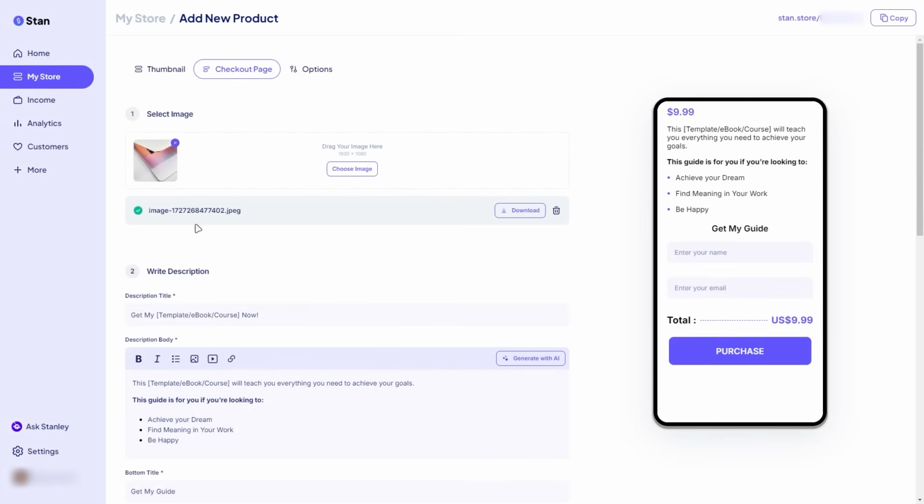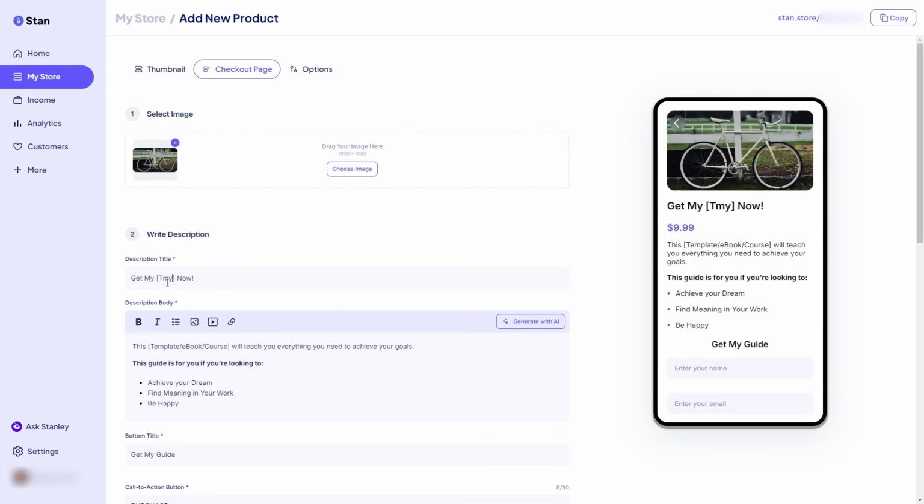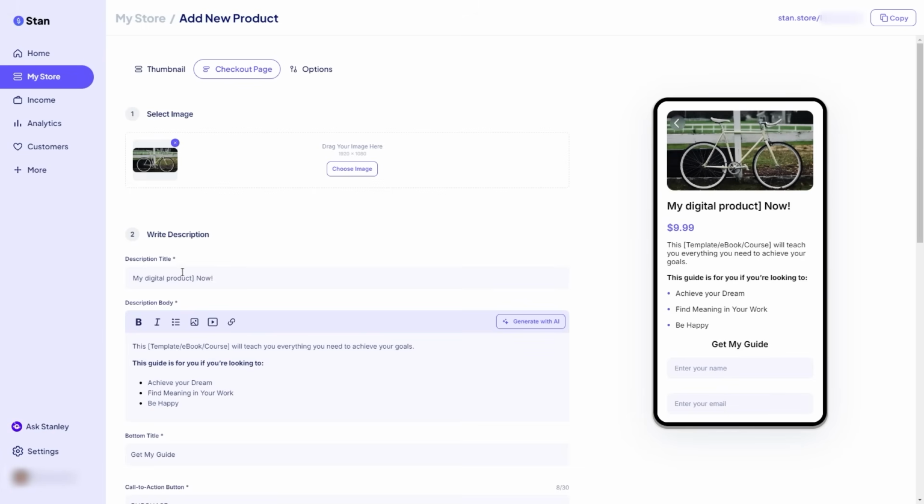So it gives a really nice little intro to your product. Then you're going to scroll down and you need to write the description. So basically you can use this little template that Stan Store has out here that kind of gives you "get my template ebook course now," and you can add the name. Just replace this and add the name if you want. So that makes it really easy if you want to do it that way. And then you can kind of just copy and paste what it is. So you can replace that with the name of the product everywhere, and then you can add more to the